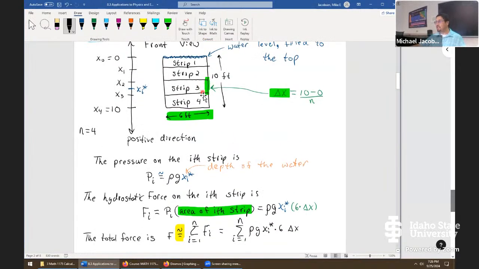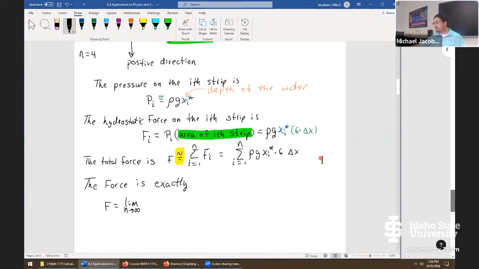Imagine what we're saying here is that this is not 4 strips. Imagine the picture if it was 40, 400, 4,000, and so on, just getting larger and larger. So if we're doing that, we have the limit as n goes to infinity of the summation as i goes from 1 to n of this entire quantity, rho times g times xi star times 6 delta x. Now, doing that limit does not look reasonable or fun in any kind of way. These are often really awful limits. But let's say here, the big takeaway,